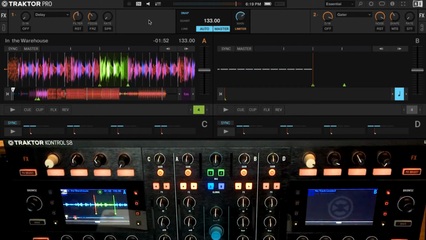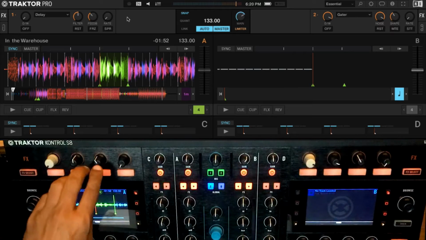Now, what is very important is the BPM, because this is all going to work in tandem with the BPM. So I'm going to make sure my sync is on. It's going to work in relation to the master tempo that you see on the top. So over here, you can see on the master tempo that we have it at 133. We have also synced this track to 133. So the delay is going to work at the pace of 133 BPM and gets divided by this rate.